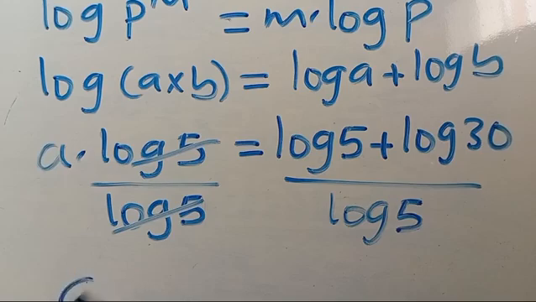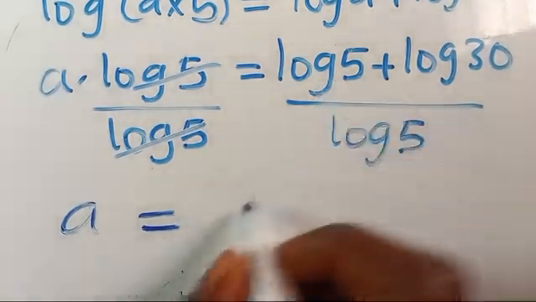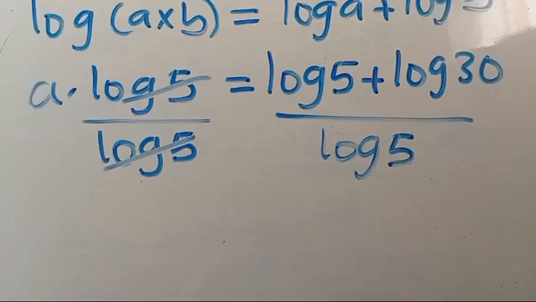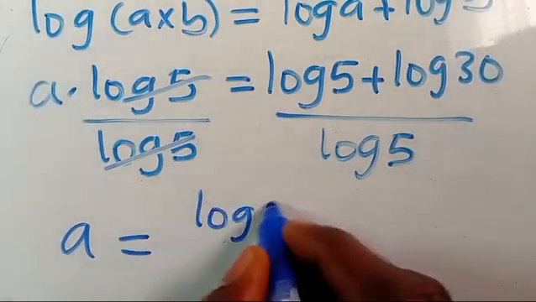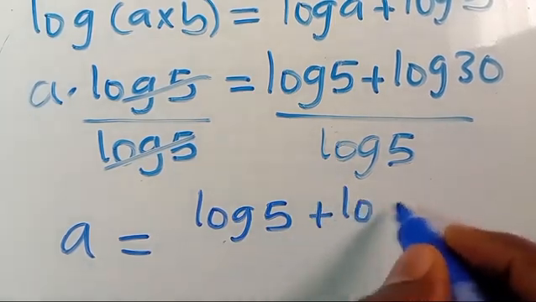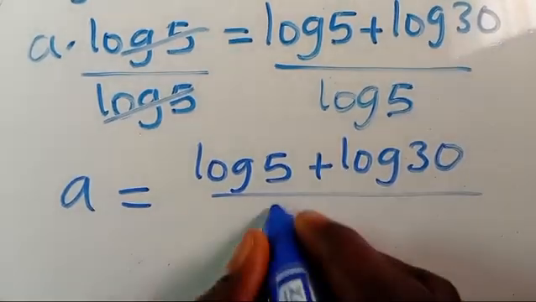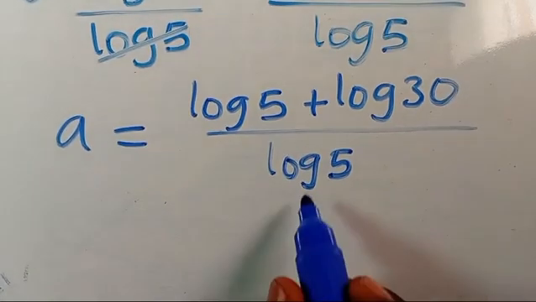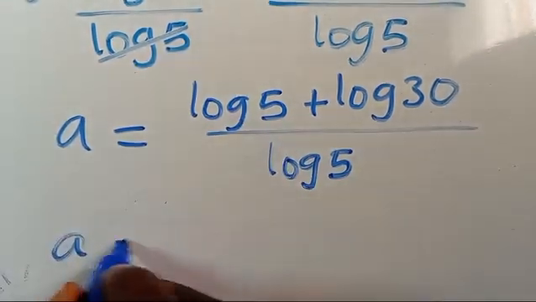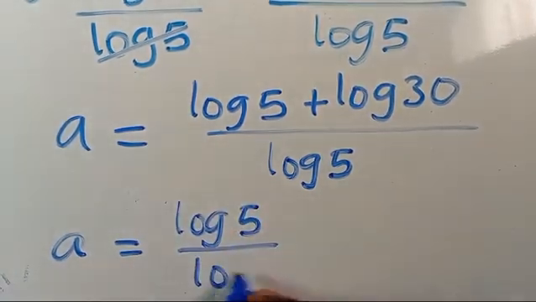So we have a equals log 5 plus log 30 divided by log 5. So divide by log 5, from here we have a equals log 5 divided by log 5